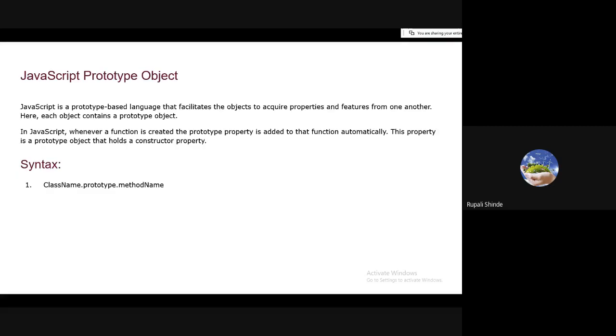Now we create the objects employee1 and employee2 of the class Employee, and accordingly we pass the values. Then we call the method fullName. The fullName method has the information regarding the object, that's why we call the method. But here we use the prototype syntax. The syntax is class name, prototype, and method name. In this case, the class name is Employee, and prototype.fullName is the method.